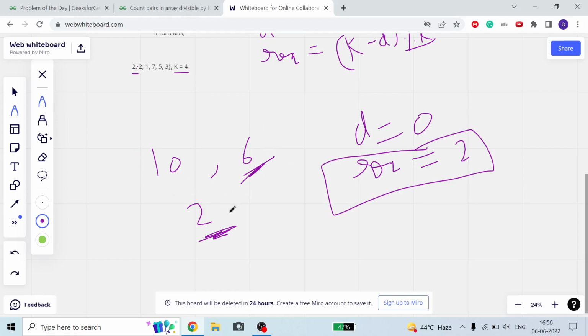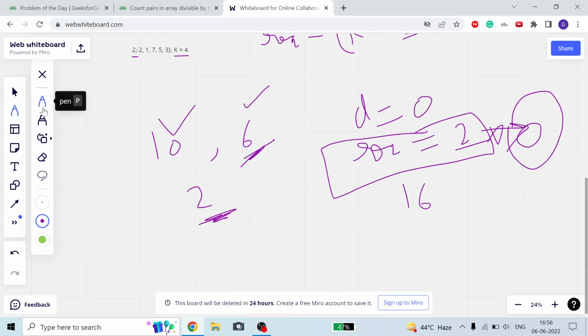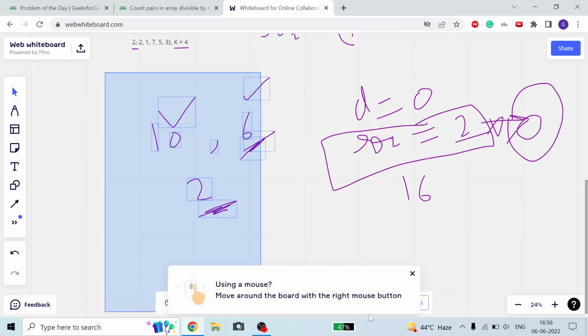So in actual we require only 0 modulo. Because if we take 6 and 10, then it will become 16, because both numbers are completely divisible by k, meaning 10 modulo 2 is equal to 0 as well as 6 modulo 2 is equal to 0. That's why 16 modulo 2 is always 0. Okay, that's why I will take modulo, so that 2 becomes 0 and 0 becomes 2, meaning we require only 0. This is how I have taken modulo. Okay, this is not so much of a big deal.